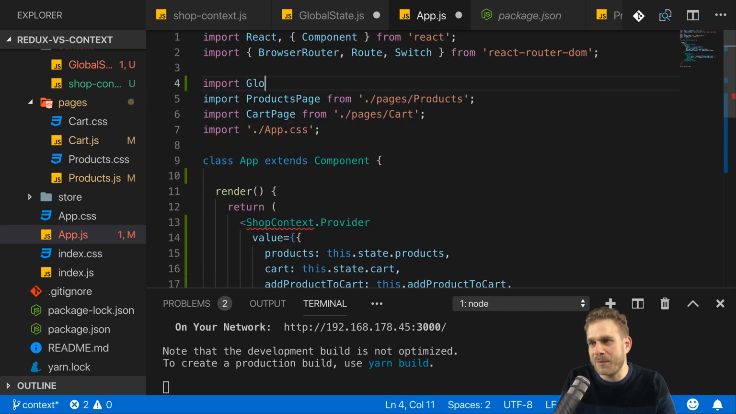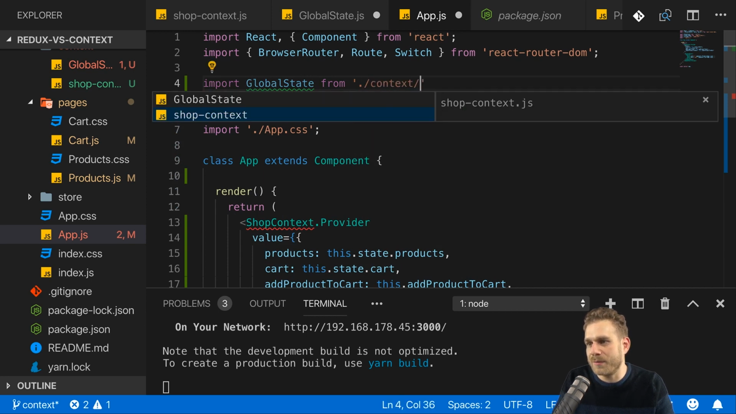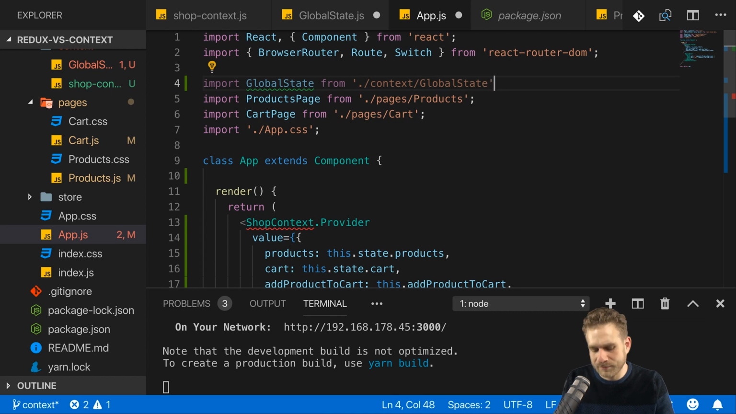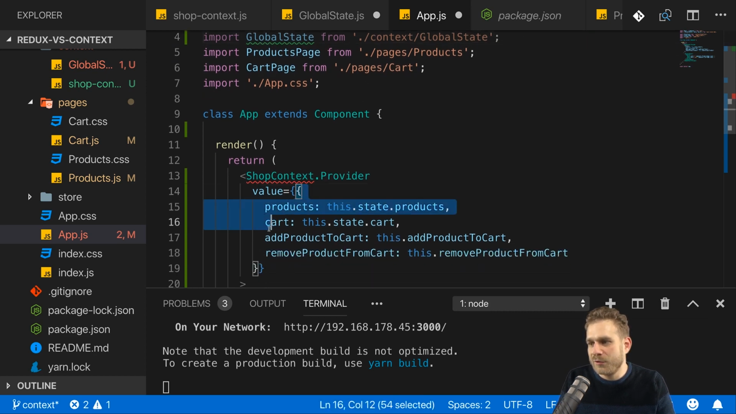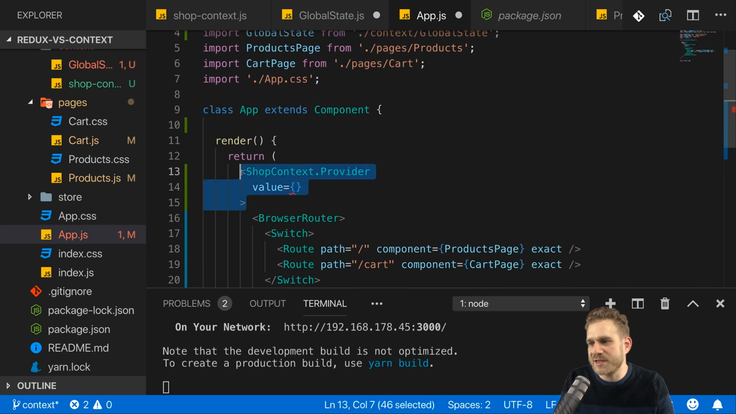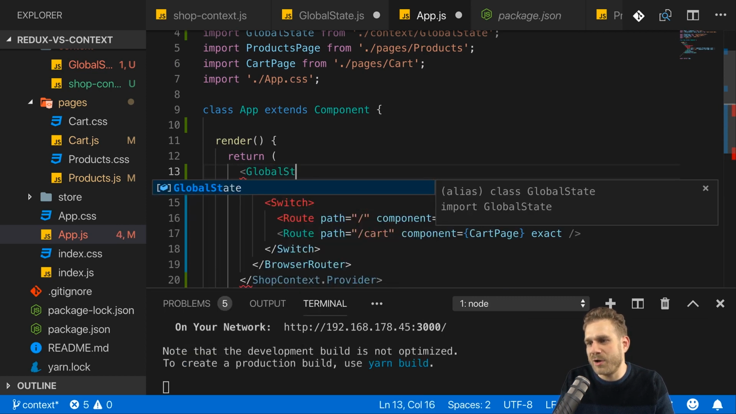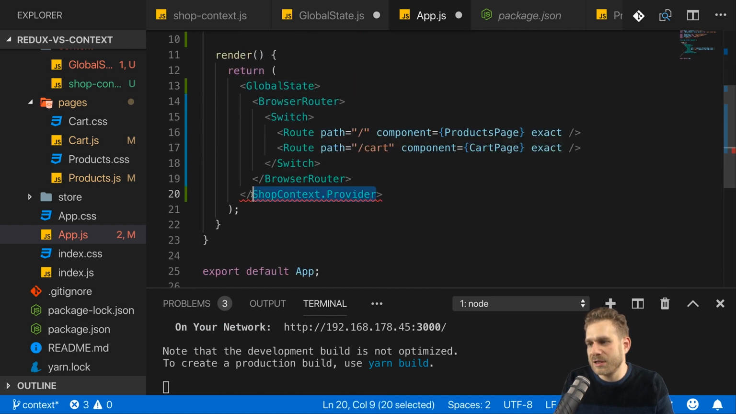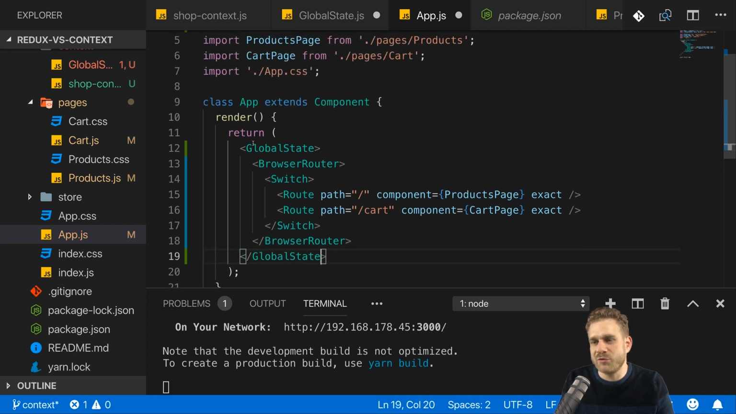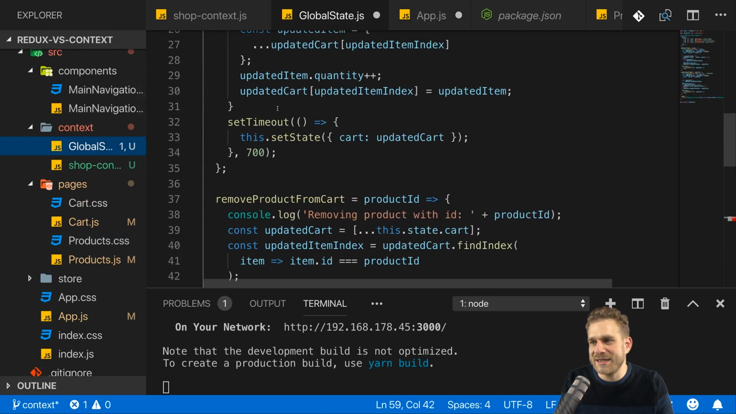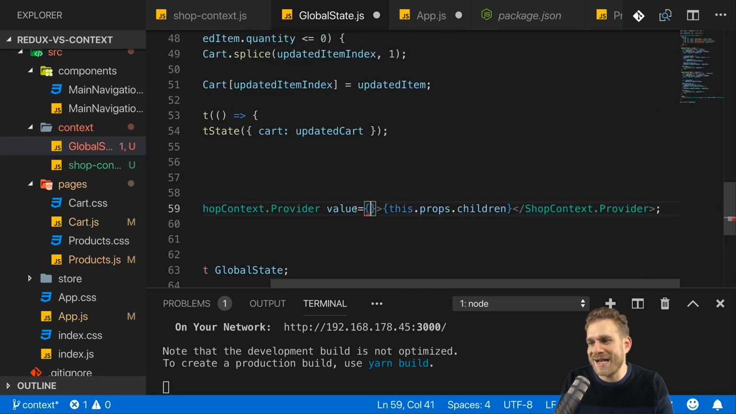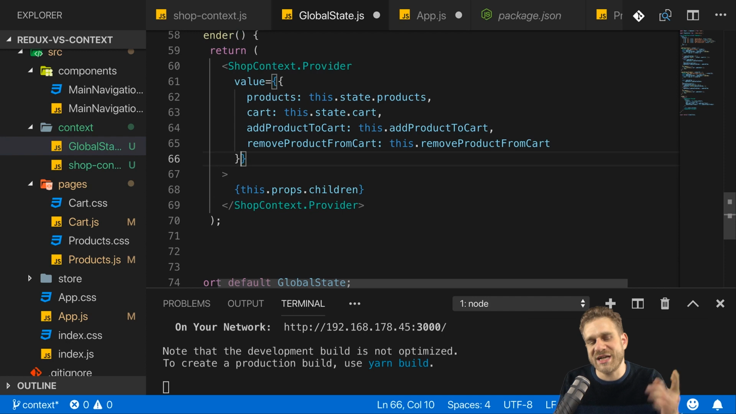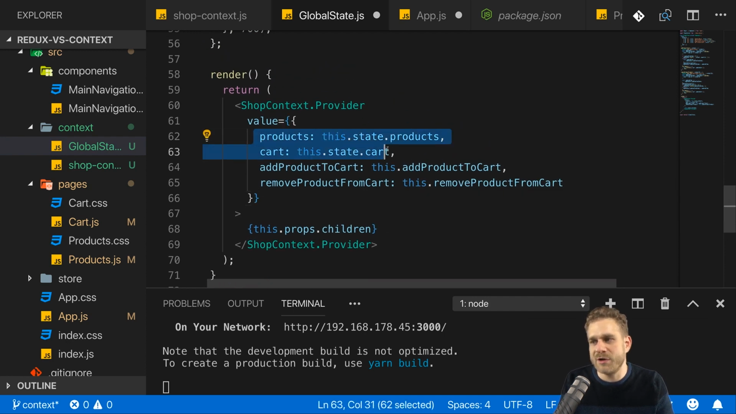I now just need to import my global state component from the context file and there from global state. And then I will cut my value object here because I need it in a second. But I can then wrap my router here with global state and also close that here. So now I'm wrapping my router with just global state. And in global state, that value I pass to my shop context provider is that object I just cut from app.js, where I refer to the products and cart state of the global state component